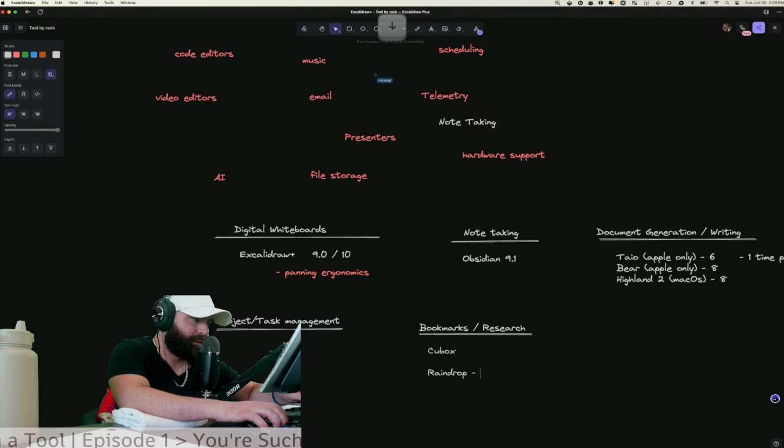Just out of the gate, no config or anything like that, nothing crazy. Even though I just switched off of Raindrop for Qbox because Qbox is iPad centric and I like the reader, which is one of the things I didn't like about Raindrop, but maybe that's too high. I'm being too generous here. 8.2. Okay, but